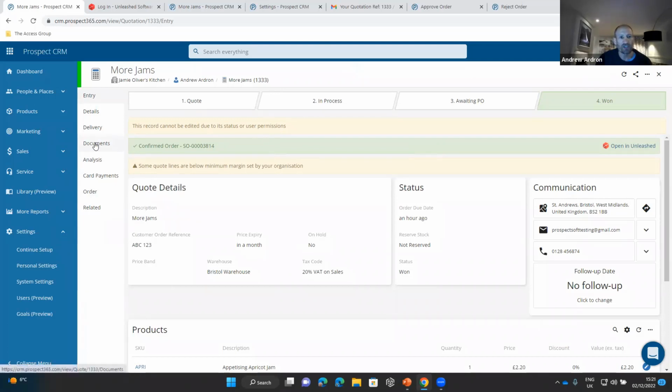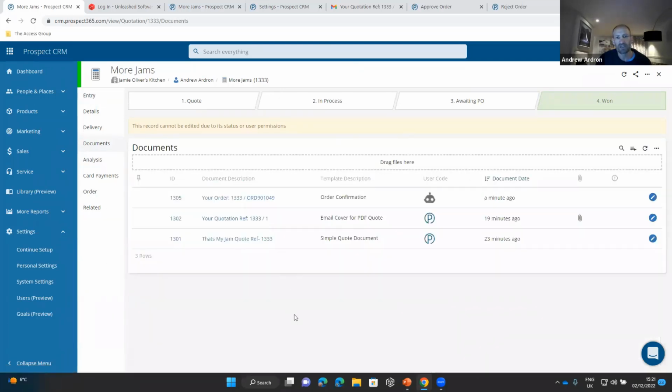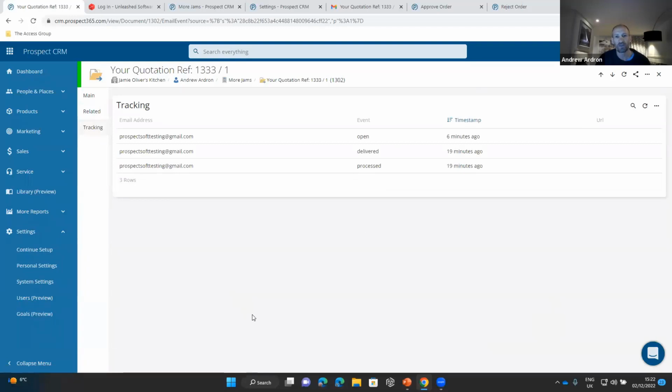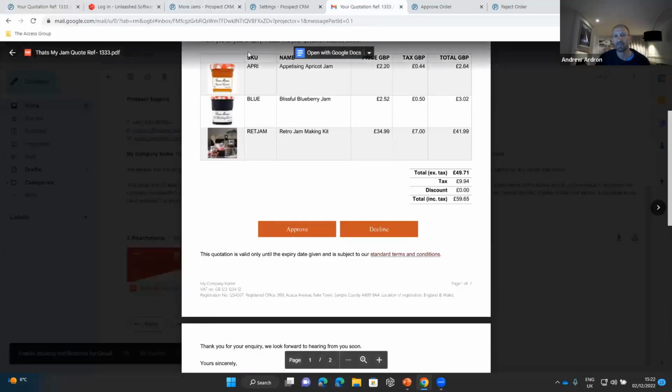The other thing I did want to just show you was if I go back to the documents and I go back to the email document that we sent out, this new feature, as well as being able to see this quote later on if I want to go and have a look at it, shows me that it's been delivered, processed, etc. If I go back to my inbox